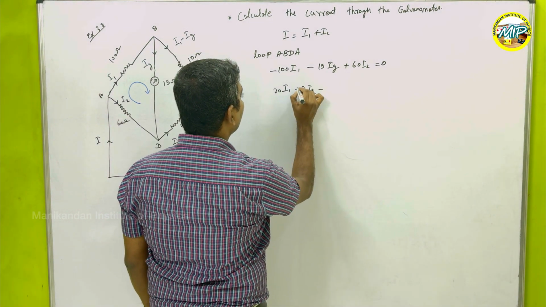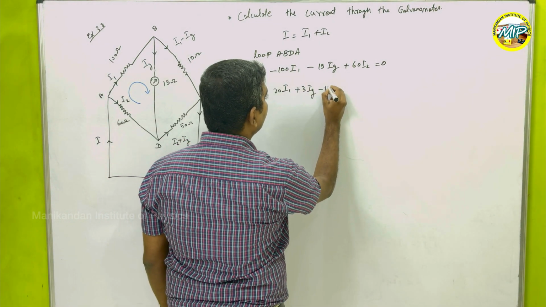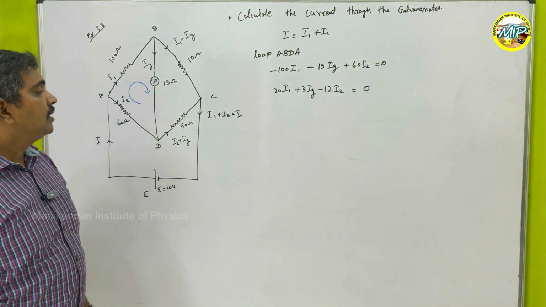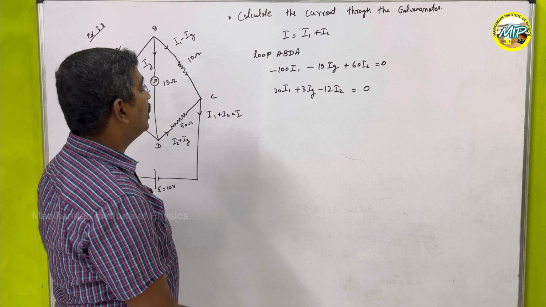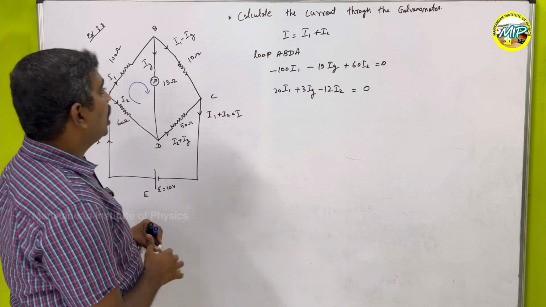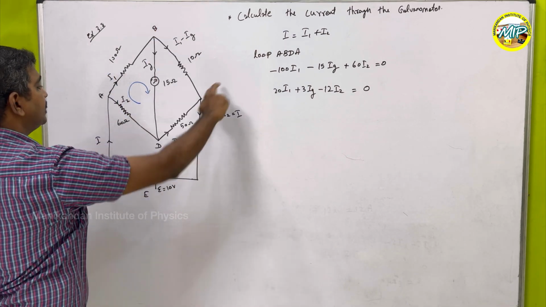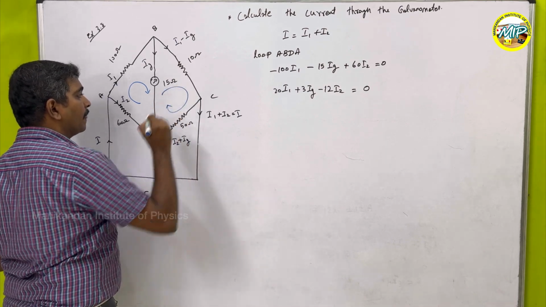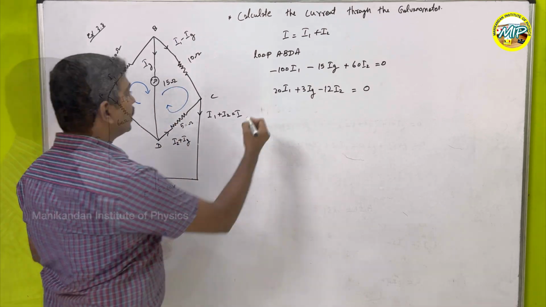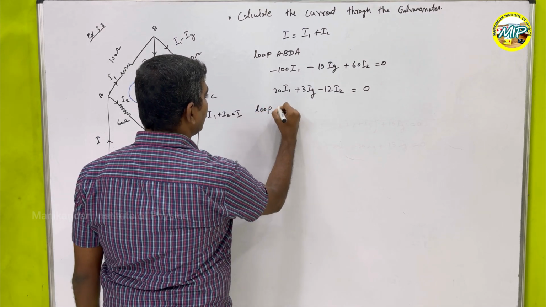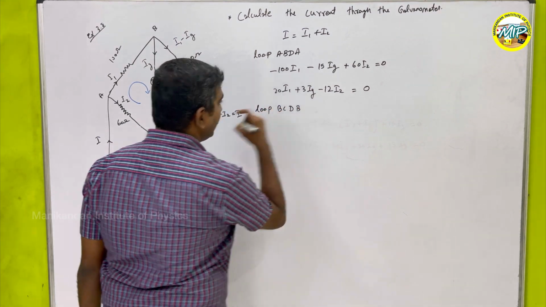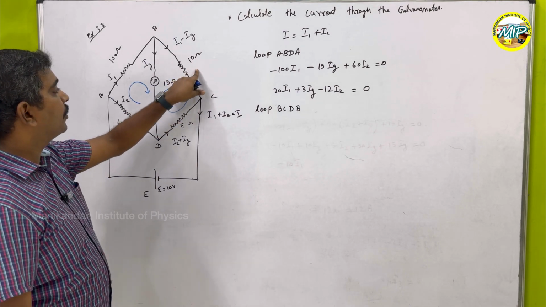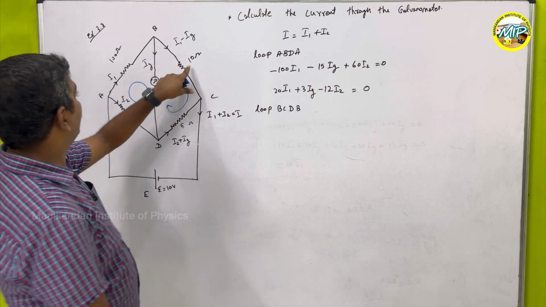So it's going to be again plus, and minus 12 I2 equal to 0. Okay. So now I'm going to solve for the loop BCDB. For this loop, the current across this, the potential across this, the same direction, going to